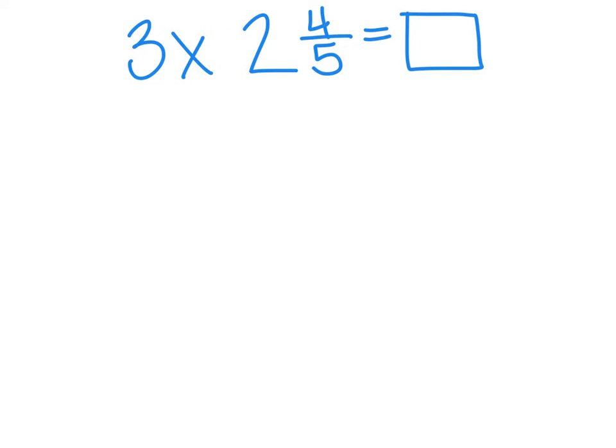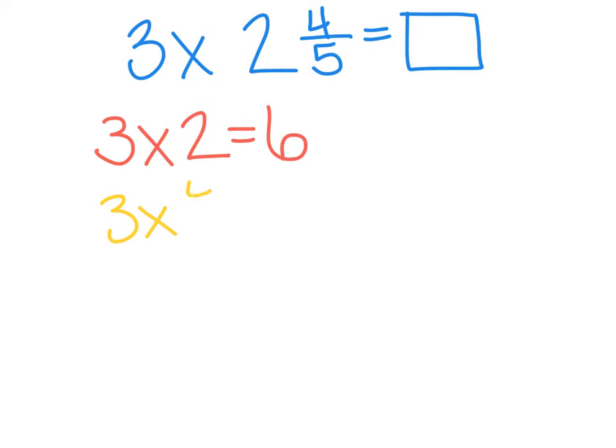In my first example, I have 3 times 2 4/5. So my first step is going to be to multiply my whole numbers. So I'll take 3 times 2 equals 6. Nice and easy. Step 2 is to multiply my fractional part. So in this case, it's 3 times 4/5 equals, when we multiply fractions, we multiply the numerator. 3 times 4 equals 12, and my denominator stays the same,